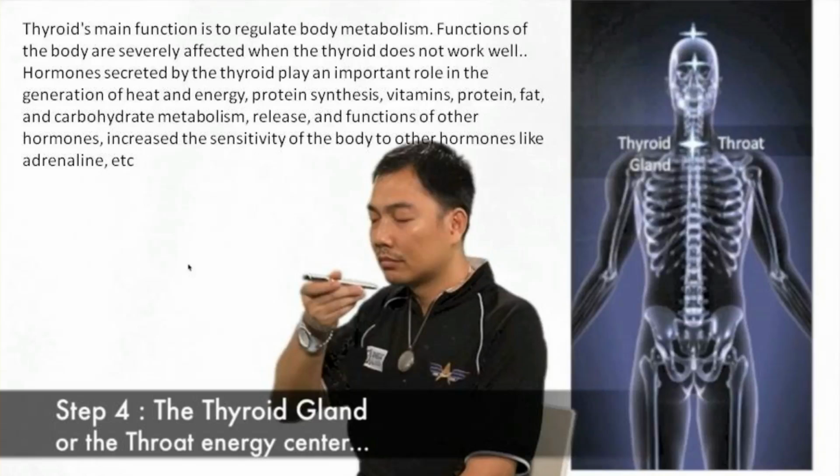Hormones secreted by the thyroid play an important role in the generation of heat and energy, protein synthesis, vitamins, fats, and carbohydrate metabolism, and many other important functions. It also increases the sensitivity of the body to other hormones like adrenaline and so on. So the thyroid is a very, very important